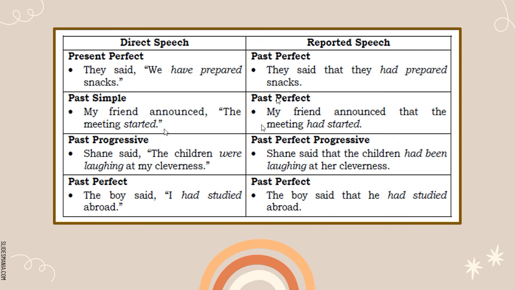It becomes might if you are going to transfer this direct speech to indirect speech or reported speech. It goes like this: Troy said that he might invite them to the party. So your modal may in the direct speech becomes might when you are changing it to indirect speech or reported speech.